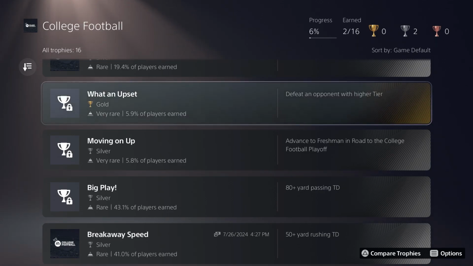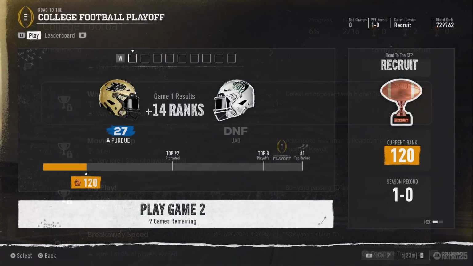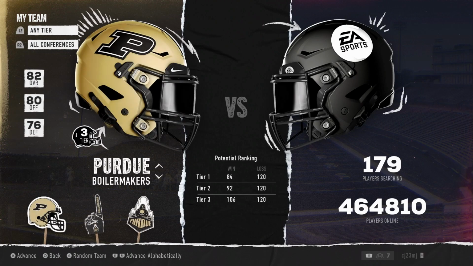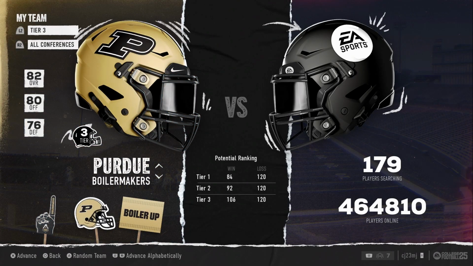Xbox involving getting an upset win in the Road to the College Football Playoffs mode, aka the online ranked match mode. Just a little bit of a rebranding. It's just online ranked match. Let's call it what it is. So yes, how to get an upset win easily, or the easiest way to get an upset win in College Football 25. So when you go into College Football 25, into the Road to the College Football Playoffs mode, you